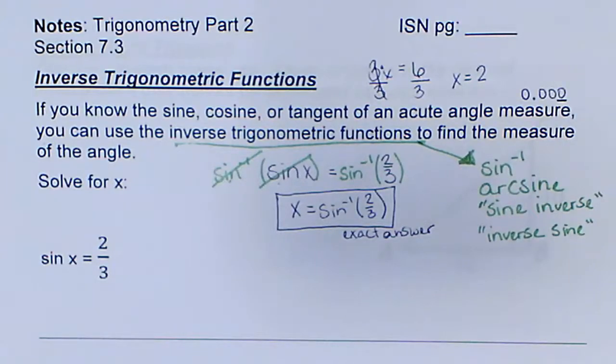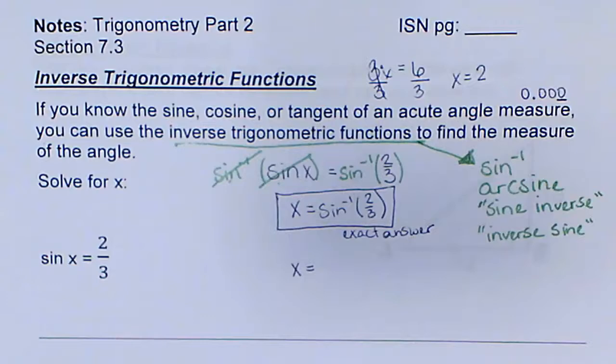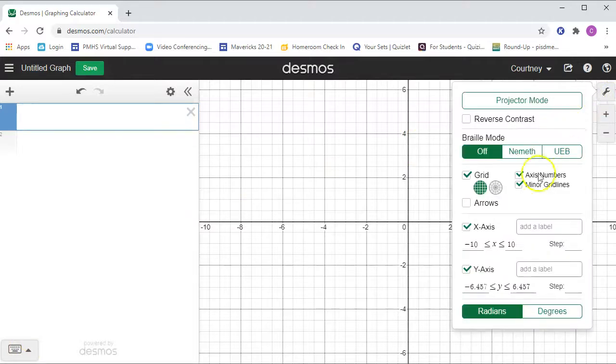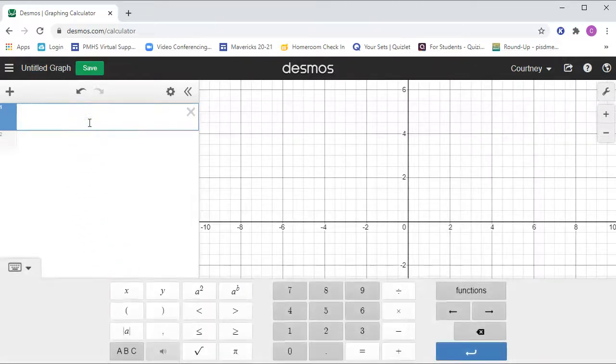So what I'm going to do is make sure that you understand that we should be able to round this to the nearest thousandths place. So x will equal some kind of amount of degrees. So I'm going to pull up Desmos, and in Desmos, I want to make sure that I'm measuring in degrees and not radians. So I go to my settings wrench. I click degrees to make sure I'm measuring in the correct units. Otherwise, I may get some negative answers. And what I want is I want to evaluate